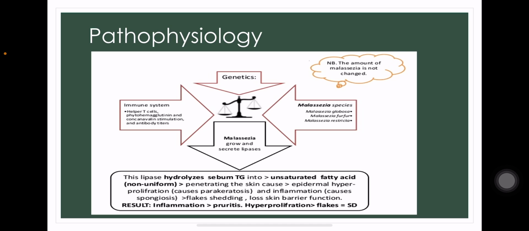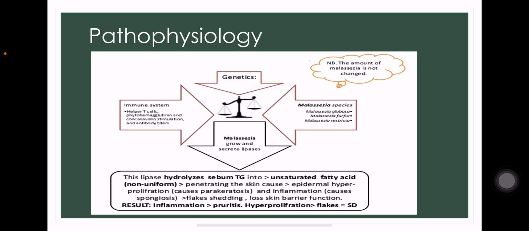The lipid-dependent Malassezia, formerly known as Pityrosporum ovale, is a saprophyte of normal skin that thrives at the sites of predilection for seborrheic dermatitis. In the presence of individual susceptibility and immunologic factors, Malassezia colonizes the skin, grows, and secretes lipases. The secreted lipase hydrolyzes sebum triglycerides into saturated fatty acids, which penetrate the skin and cause epidermal